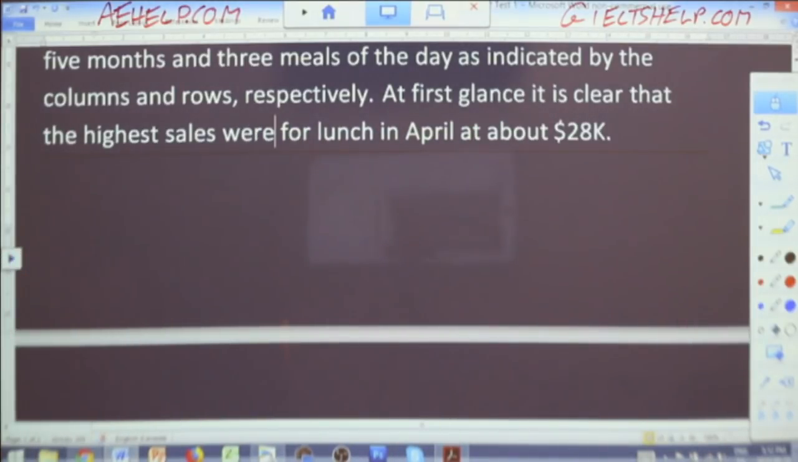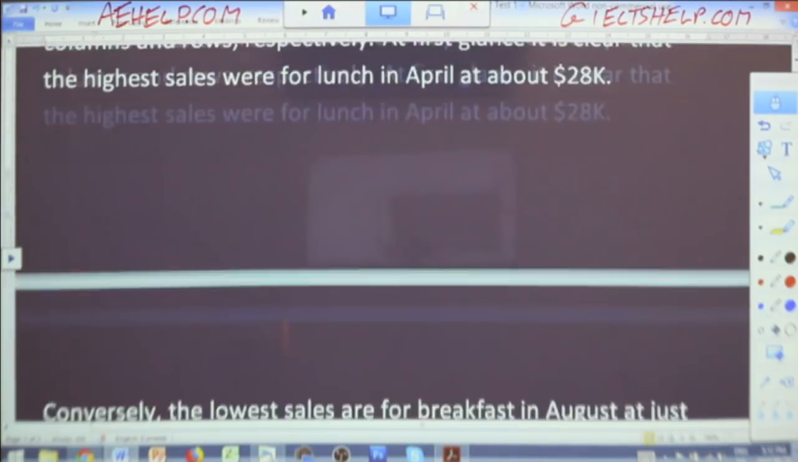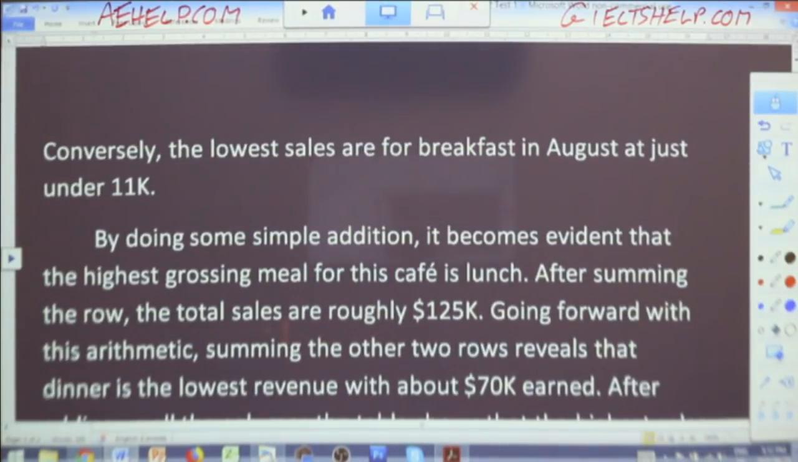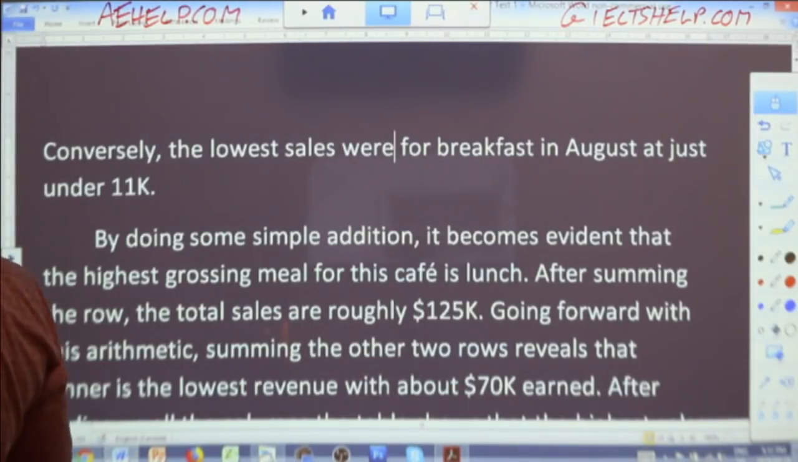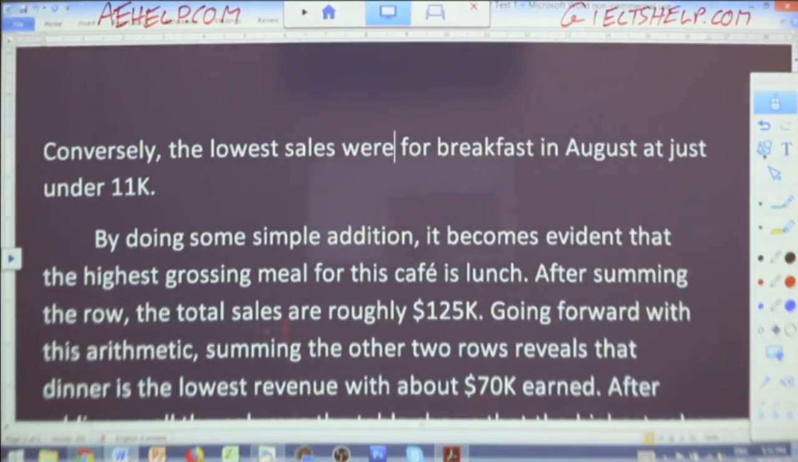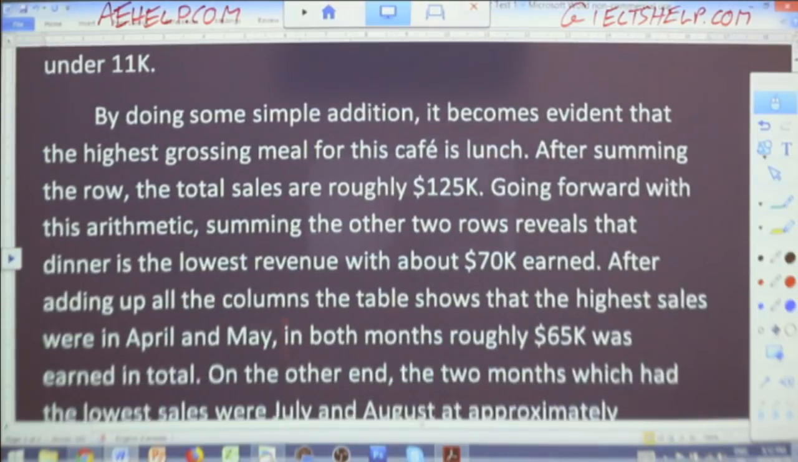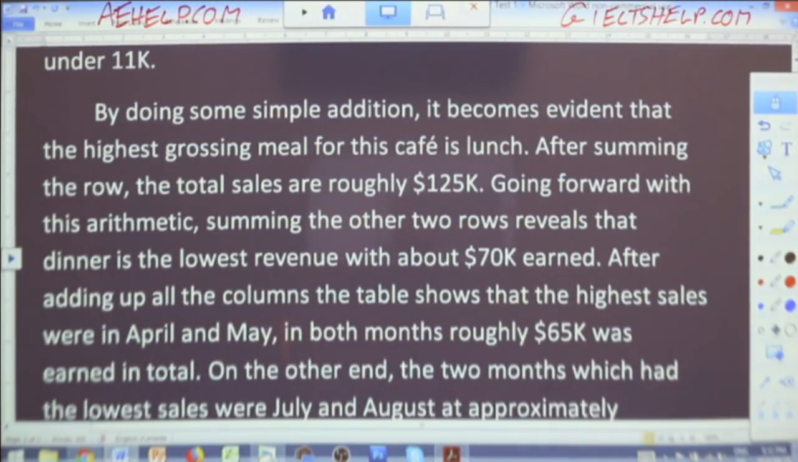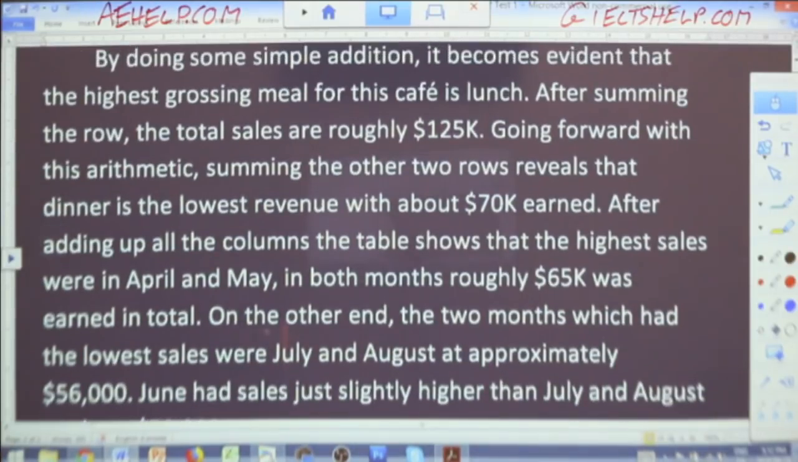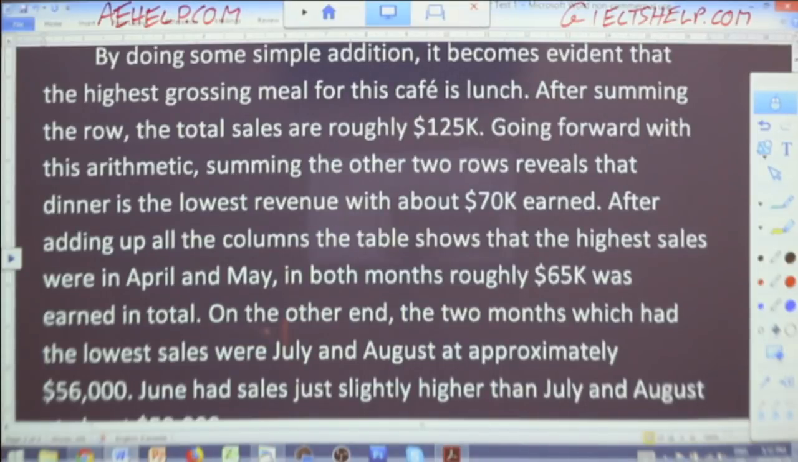Were for lunch in April at about $28,000. Conversely, the lowest sales were for breakfast. Same correction here, right? This is my time to correct when I'm reviewing. Conversely, the lowest sales were for breakfast in August at just under $11,000, less than half. By doing some simple addition, it becomes evident that the highest grossing meal for this cafe is lunch. After summing the row, the total sales are roughly $125,000. Going forward with this arithmetic, summing the other 2 rows reveals that dinner is the lowest revenue with about $70,000